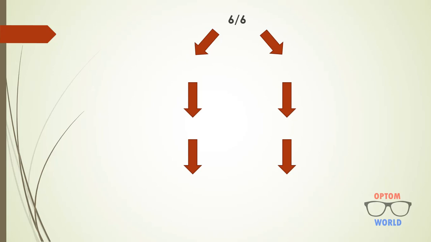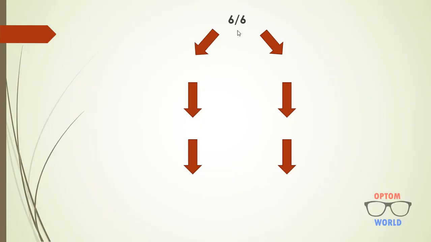Let's suppose we have done subjective refraction and visual acuity is 6/6. When we put a +1 diopter lens in front of one eye, the other eye is occluded. There are two possibilities. Number one is that the decrease in visual acuity is less than what was expected, and the other is that the decrease is more than what was expected. In the first case, let's suppose the visual acuity after the +1 lens is 6/9, and in the other case, let us suppose it is 6/24.